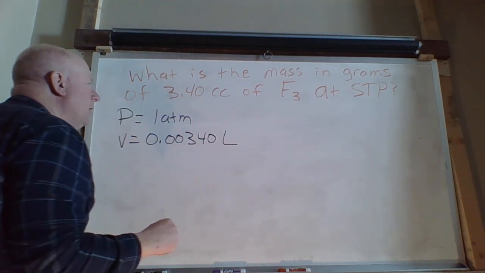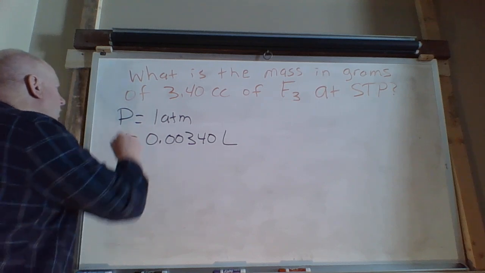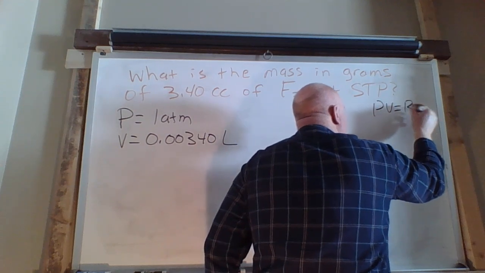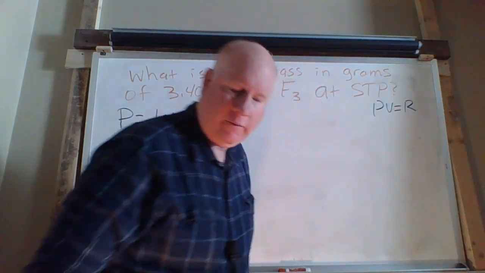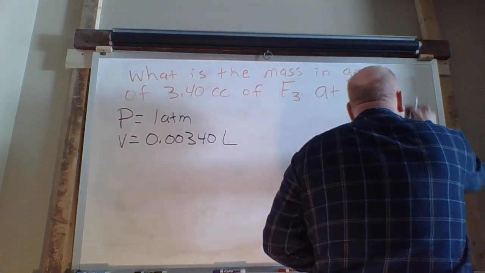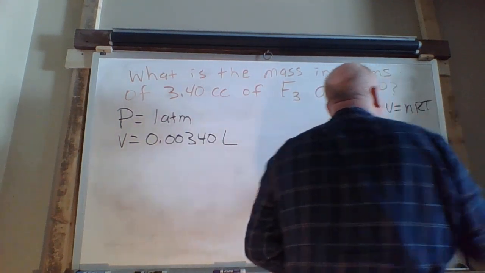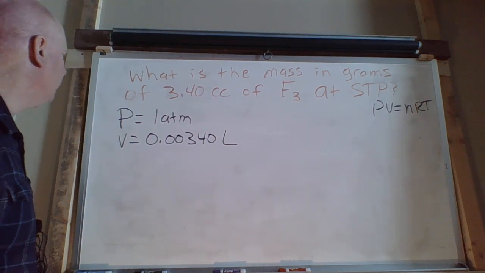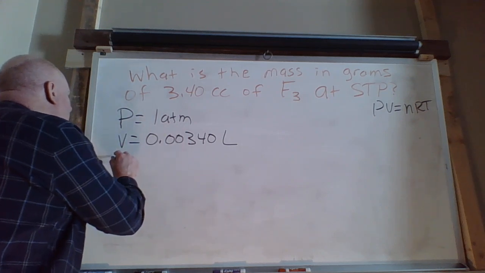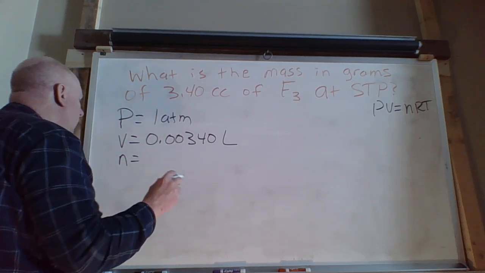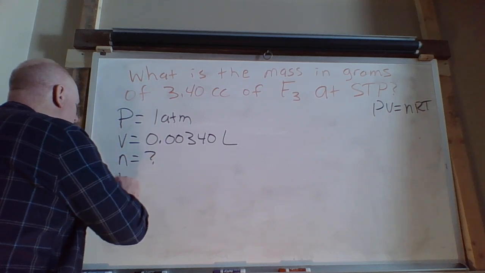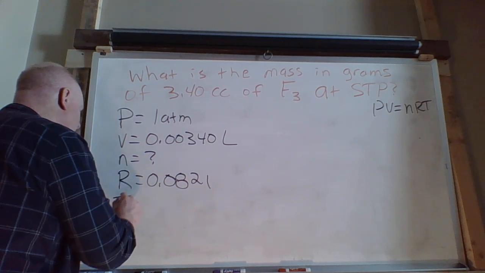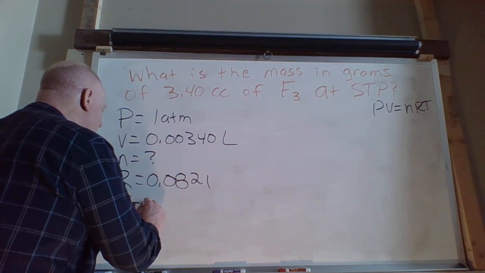0.00340 liters now, okay? We're not making these variables up, because remember the ideal gas law was this. Oops, almost forgot about the N. That's your pressure times your volume equals the number of moles times the constant times temperature. So what is our N value? Well, we don't know. R is a given, 0.0821, and of course temperature is 273,